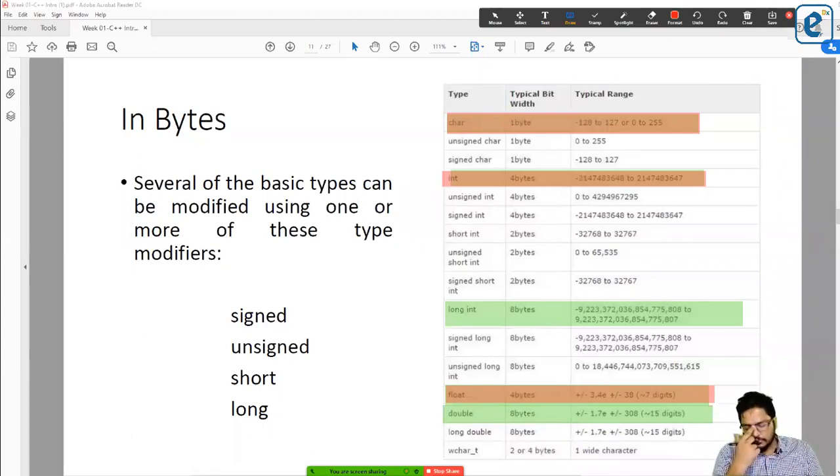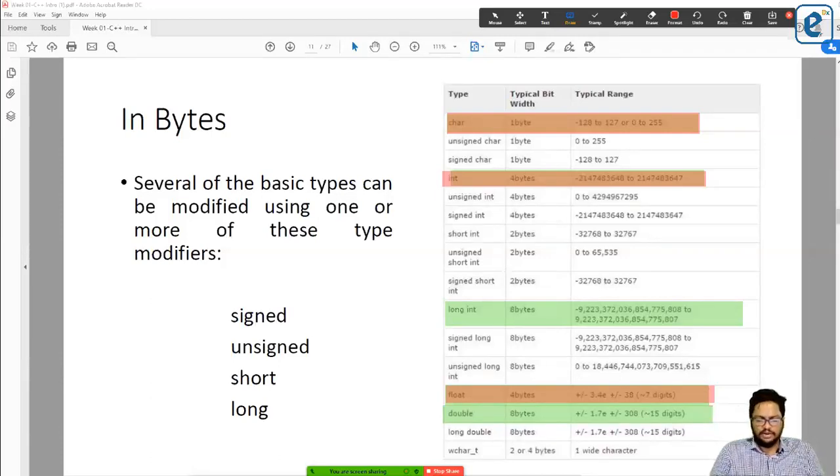Okay. My question: can you imagine what's the maximum number an integer can hold?